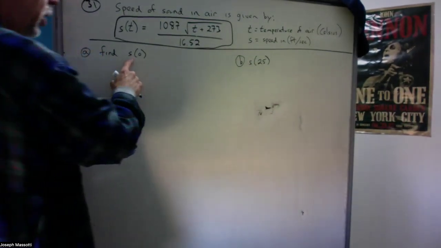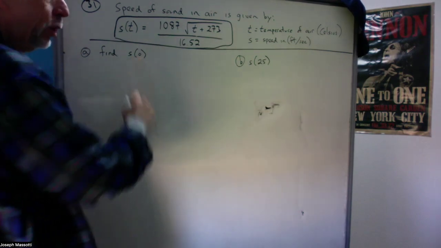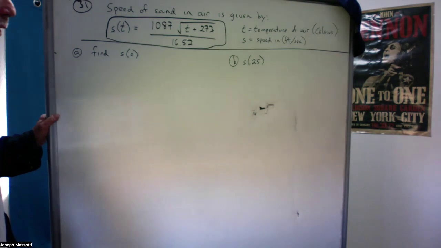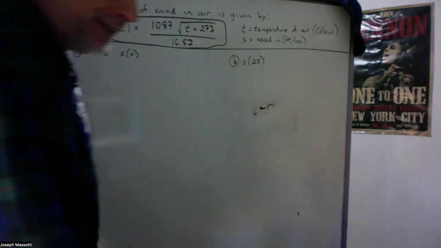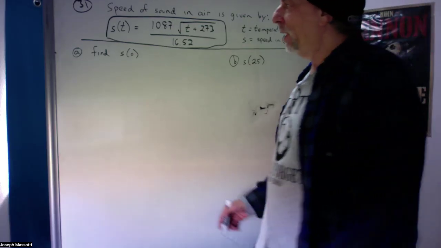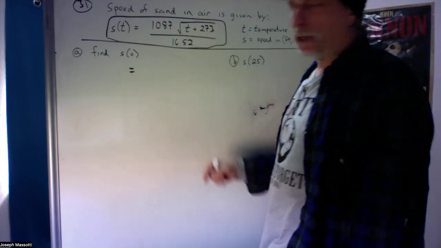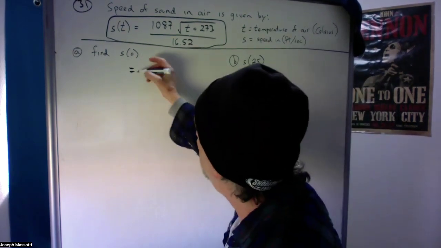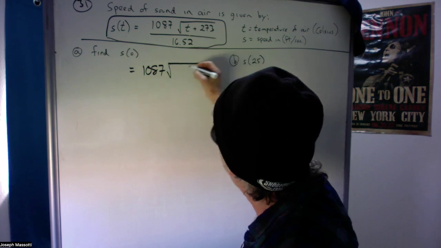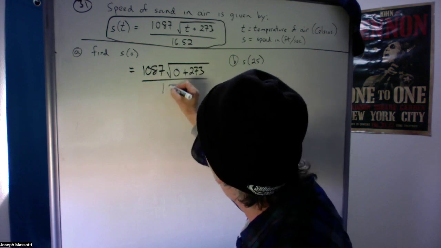All right, so first we want to find the speed of sound in air when the temperature is 0 degrees Celsius. Now, if you know anything about Celsius and Fahrenheit, you know 0 degrees Celsius is freezing temperature. 0 degrees is 32 degrees Fahrenheit. So all we do here is plug in 0 for T and find out what the function is. So we say S of 0 is 1087 times the square root of 0 plus 273 over